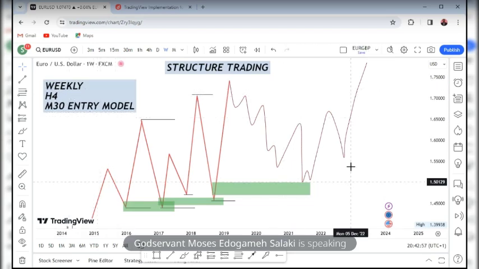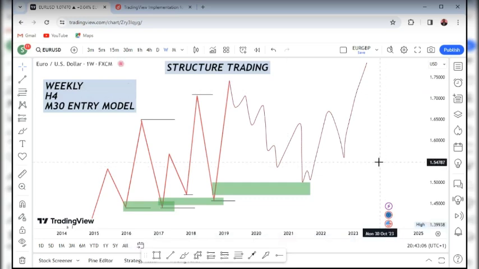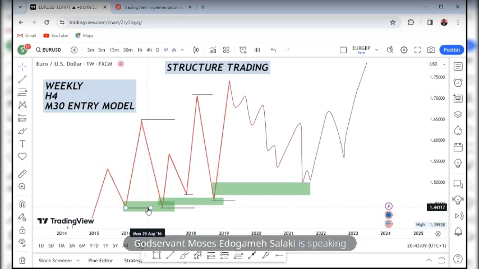Weekly, what is this structure on the weekly? I want to see this bullish structure on the weekly or a bearish structure on the weekly. So when price comes to this zone, which is my last bullish move, it might be the order block, it might be the fair value gap, all right? You can check out my other videos on YouTube too. I've spoken about fair value gap, I've spoken about order block. So price comes in there, you want to see your model on 4 hours.